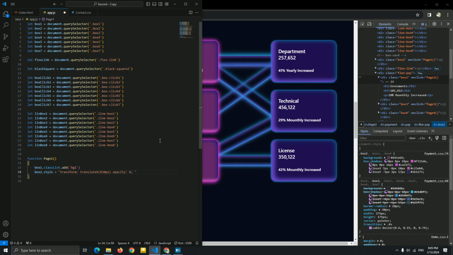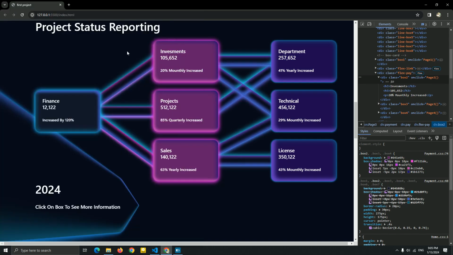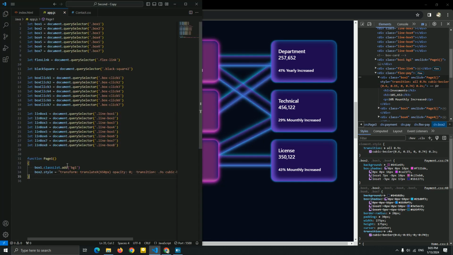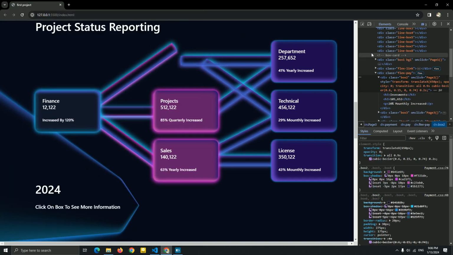Then I'm going to add a transition for this. For this transition, I'm going to change it. Instead of this, guys, it's a two-phase transition. I'm going to add this 0.9, okay, and let me add this cubic-bezier, that's okay, but let me add a bigger number, 0.2 seconds. Now let's see it. For now this is page one. You can see I think the transform and the translateX doesn't work. Oh yes, now let me see it. You can see we just hid it to the right.